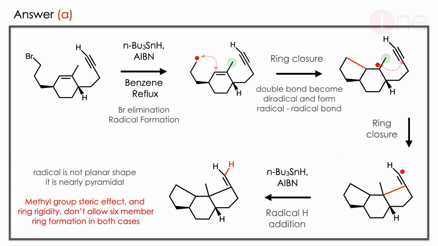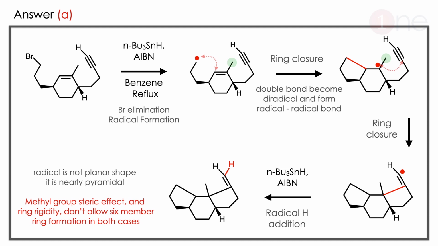The same thing happens, the radical is again there, and it has to be quenched. So the radical again attacks the triple bond, and the 5-membered ring formation occurs again. So the radical is again there on the end double bond. Here also strain plays the important role, so the radical is formed on the end position.